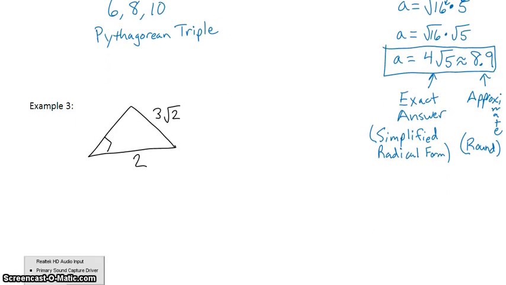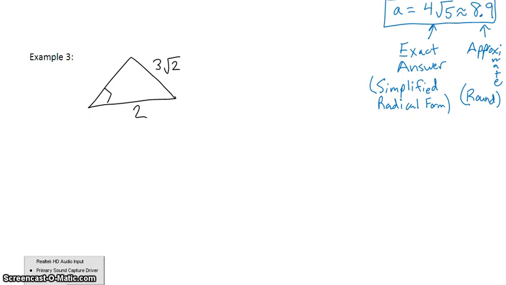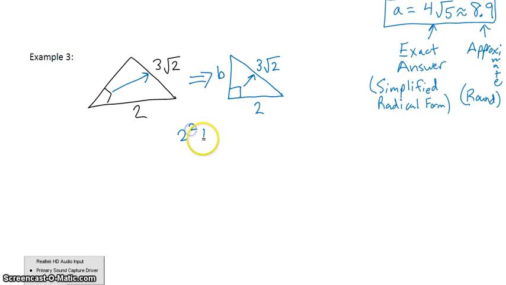In example 3, our triangle is not drawn to scale. I always like to redraw these triangles to scale. Follow that right angle across the triangle and label the hypotenuse. Our missing side in this case is a leg. I'm going to call it B this time. Plugging our values into the Pythagorean theorem, we end up with 2 squared plus b squared equals